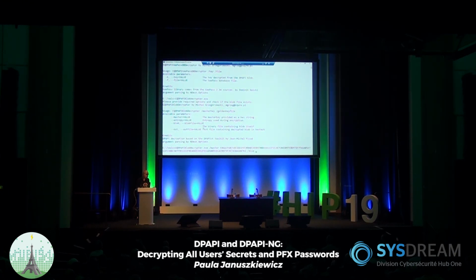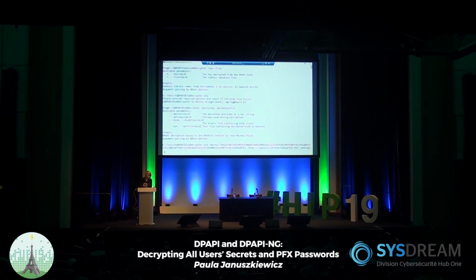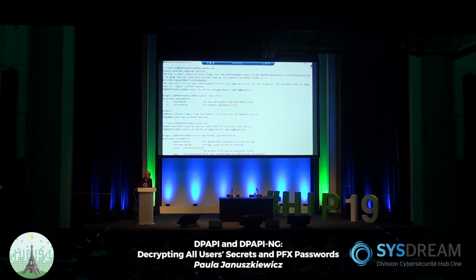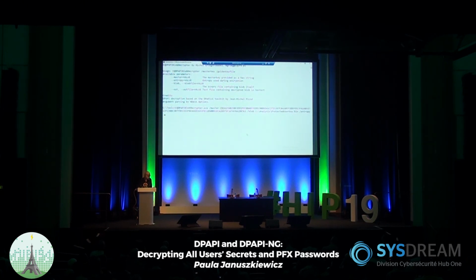So we're going to do it like this: master, and I have the master of the user here. We're going to do blob. And I have the blob of the user too, which is in C analysis, and this one is the protected user key bin. And another one is, in this case, entropy, which we're going to get to. So I'm going to go a little bit up because the previous tool displayed it. So we're going to just copy that in detail. We got it. We go next. And entropy bang. Enter. Good.